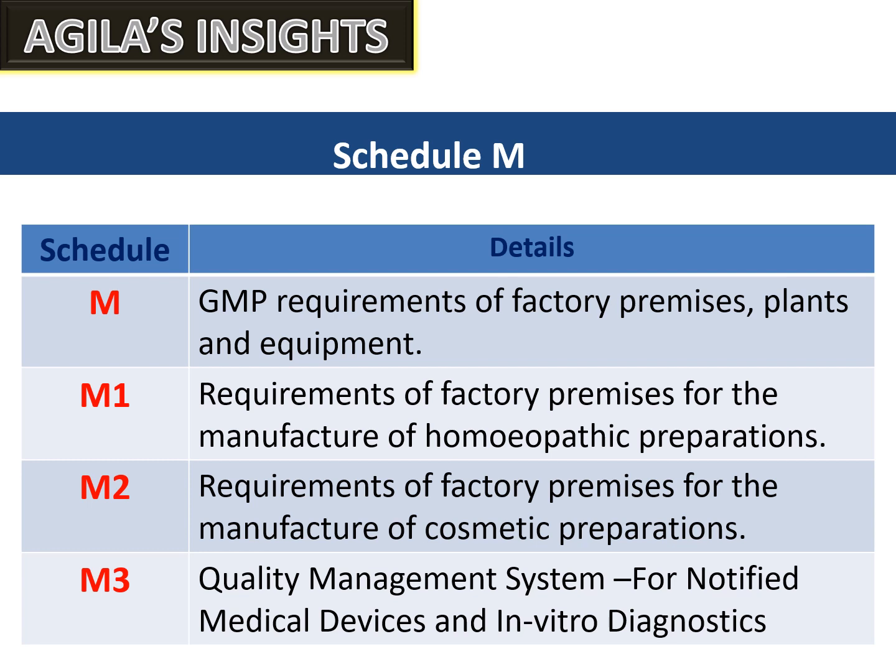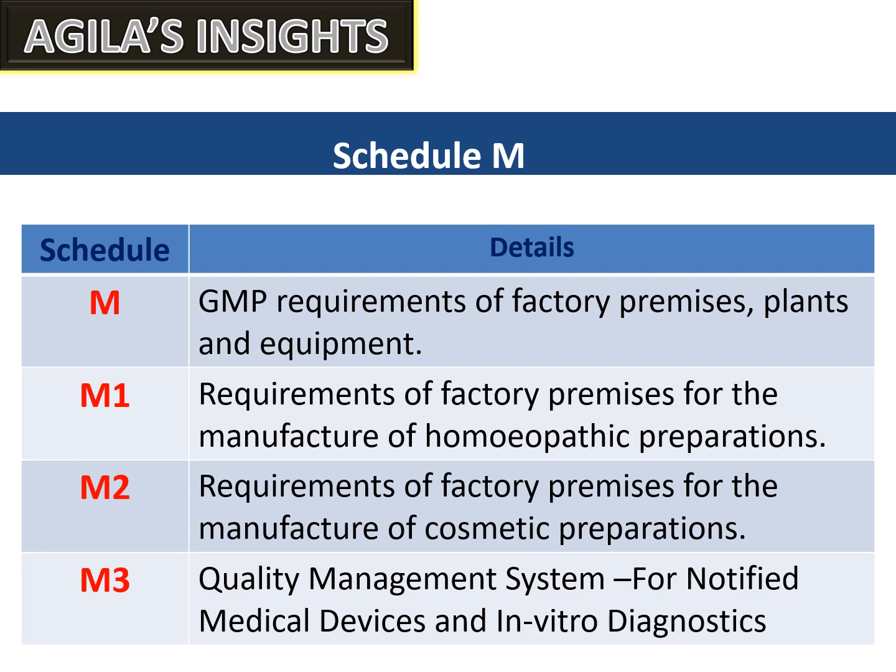Part 1E is about the special requirements for manufacture of metered dose inhalers, that is MDI. Special requirements of premises, plant and materials for manufacture of active pharmaceutical ingredient, that is bulk drugs, also comes under Part 1E. Next is Part 2. Part 2 is about the requirements of plant and equipment.